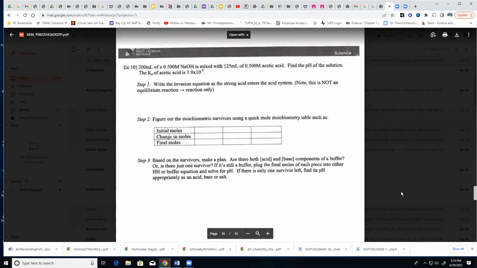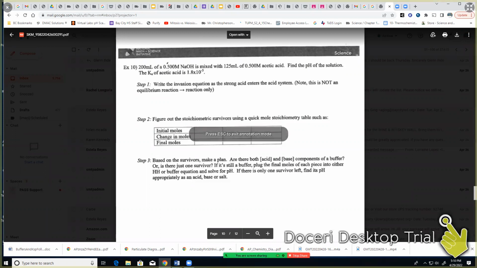All right, so now we got 200 mils of 0.5 molar, and that 200, because it doesn't have a decimal behind it, is really only 1 sig fig, but I'm going to do it like it has a decimal. It's a pain to have 1 sig fig. I feel like that's something they'll probably stay away from. All right, so I'm going to do my real quick. I'm going to change it to moles. So 0.2 times 0.5 is going to give me